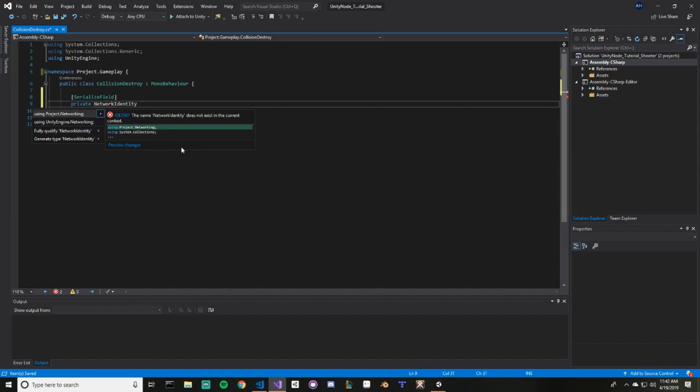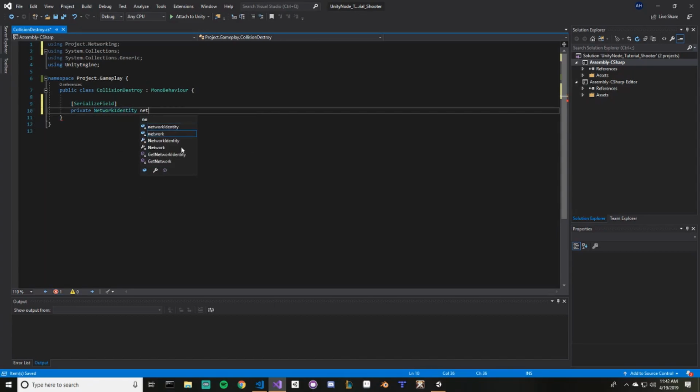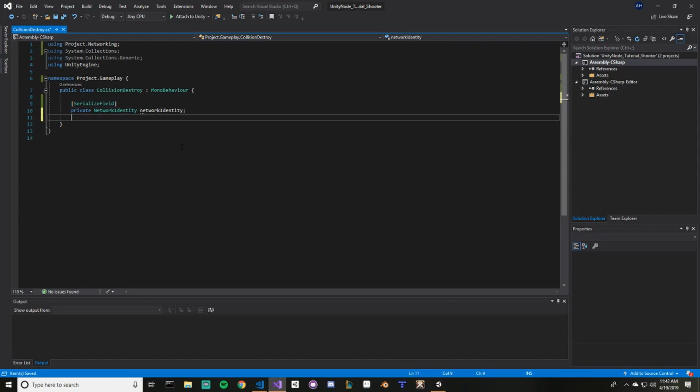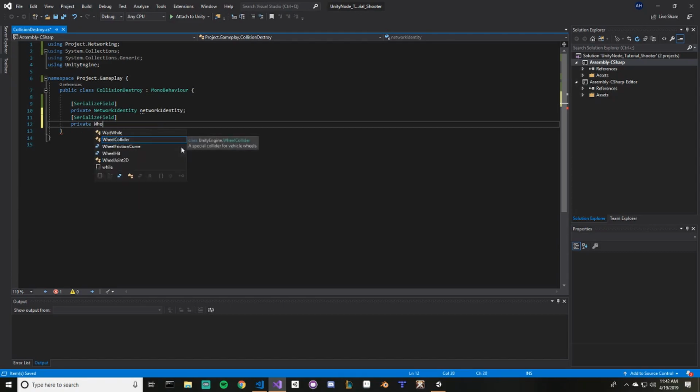And make sure you're using the project.networking. And we're going to just call this networking identity. And then we're going to have one other field. So this was something that I came across when I was building it. And what it was